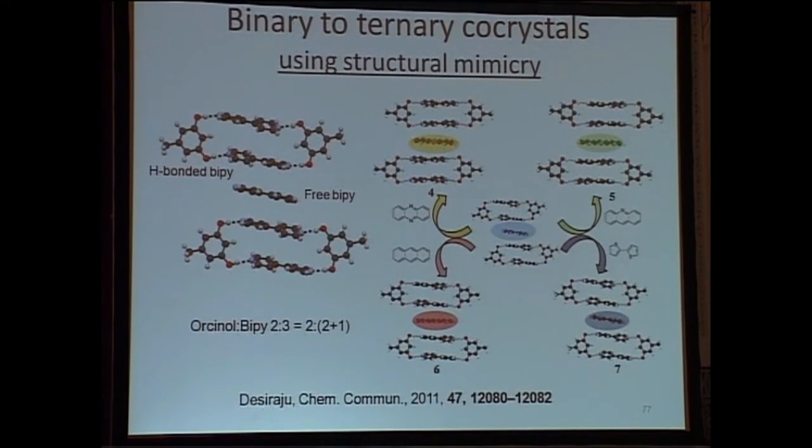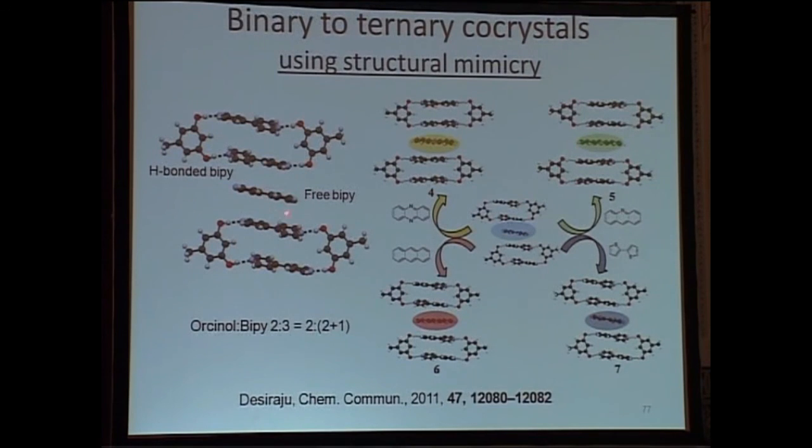The last example is from Desiraju's lab, where they use the idea of structural mimicry and isomorphous displacement. This is again orcinol. I think we saw it listed as one of the articles in Samar Hasnain's presentation from his lab in collaboration with Guru Row in IUCrJ. This is another paper on the same topic, where this is a binary co-crystal between orcinol and bipyridine, and then there is a second bipyridine which is floating free. So it's a 2:3 combo, of which the two are tied up here and the third one is clearly distinct in terms of its bonding.